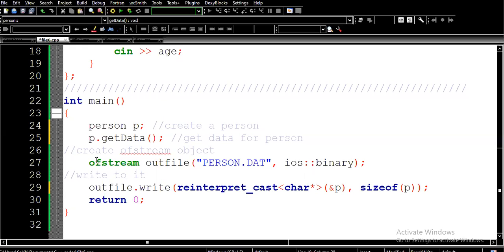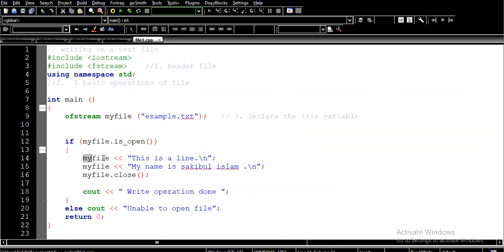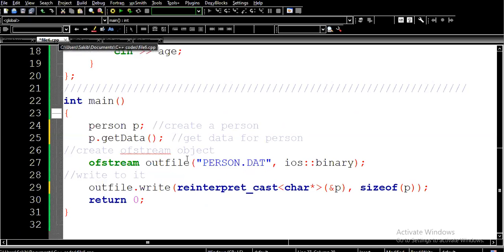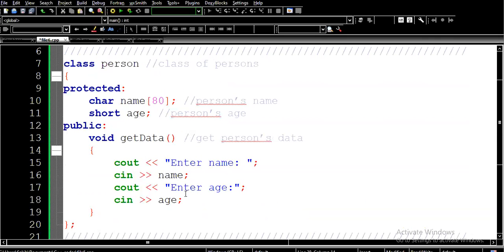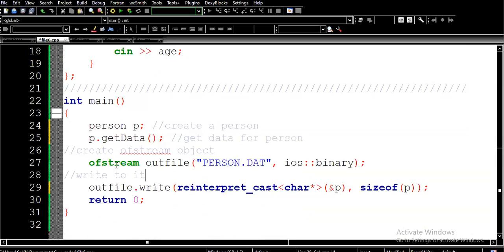But then we open the file. Name the file person.dat. You can use txt or bin or other extensions. And then we actually write to the file. Normally when we write to the file, we use only my file with this line, so we directly write the line. But for now, we use this cast operator, reinterpret_cast, with the character pointer to p, and finally the size of p. So what it does basically is take the size of this object and store it into your file. So if I run the program,